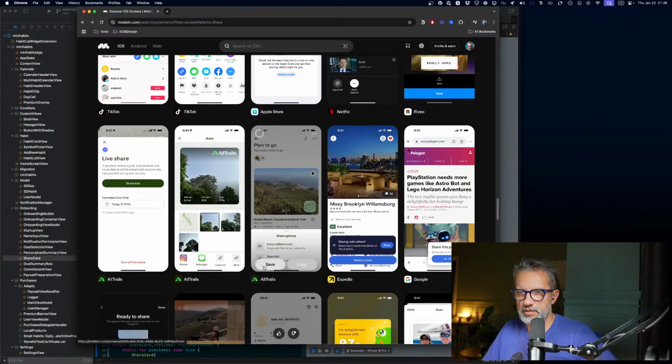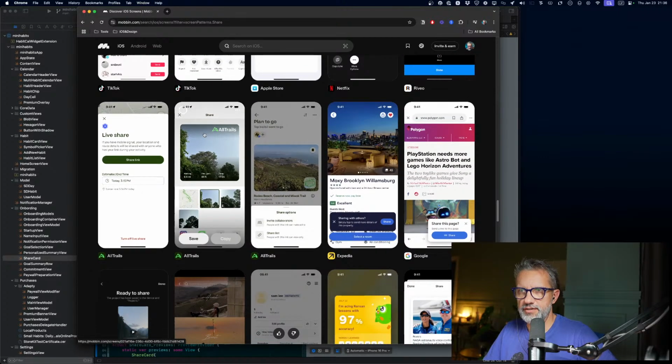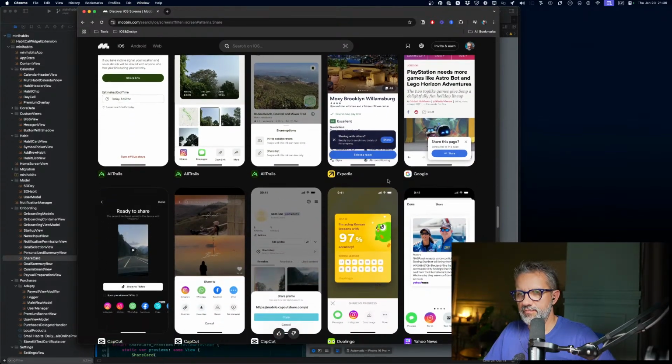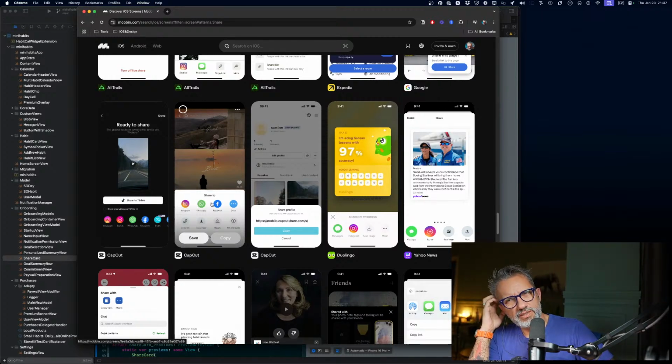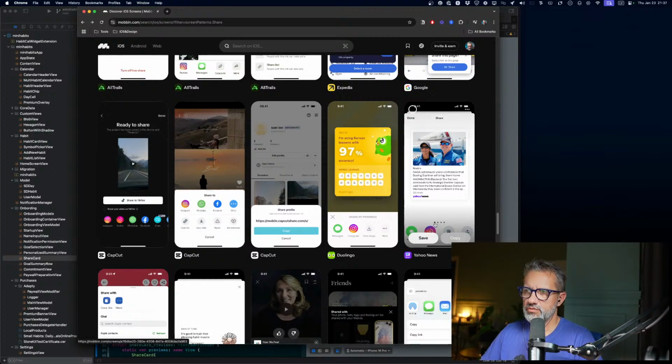And this Instagram logo looks already outdated, to be honest, and the whole UI also feels a bit old. Share like that. I don't really want to do that. You probably just need to add links to applications, but that's extra effort. It kind of looks better, but